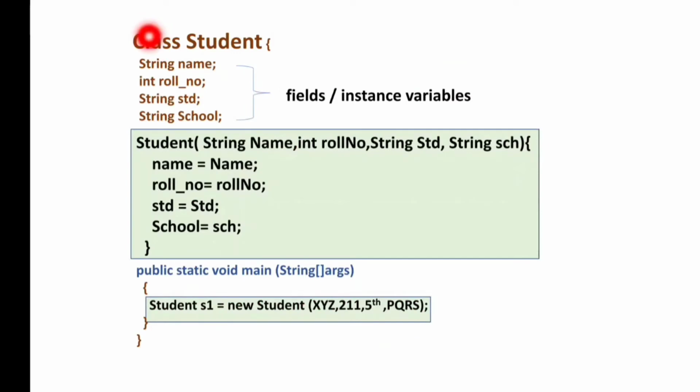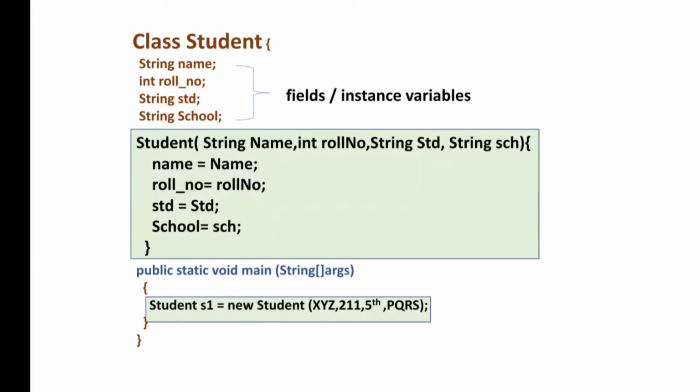So here we create a student class to create a student object, and here we have defined fields by declaring variables. These are the instance variables, and instance means object, right? So these are the object's variables, that means these variables belong to an object. So whenever a student object is created, these variables are automatically allocated under each object.